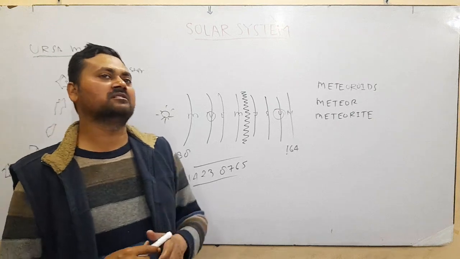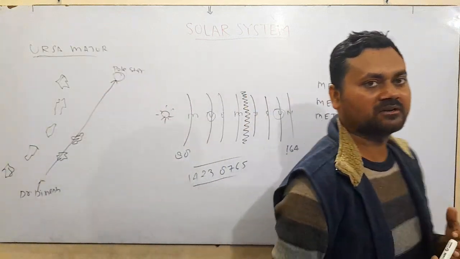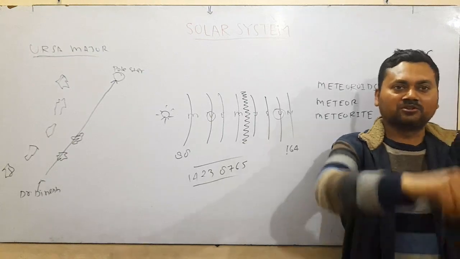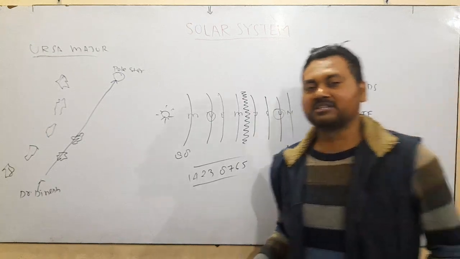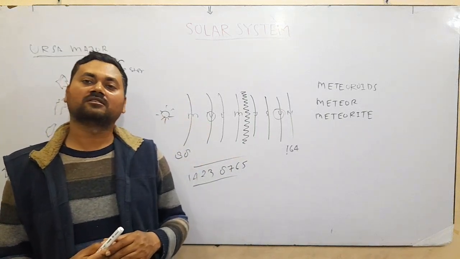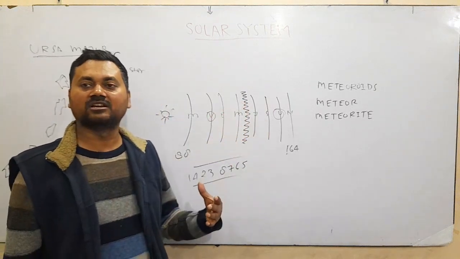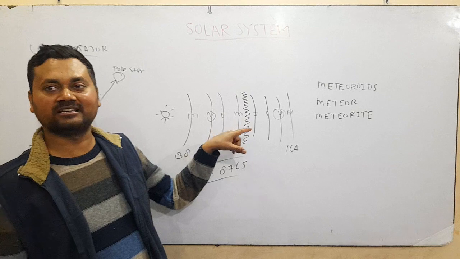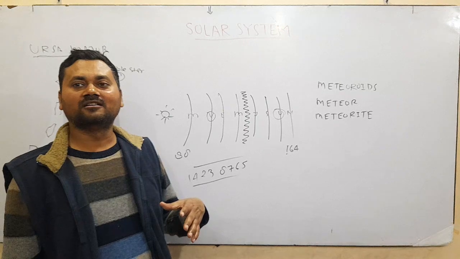But sometimes a situation comes when the meteoroids start coming towards the earth. And as we know, earth has its atmosphere, which I have discussed: the troposphere, stratosphere, mesosphere, thermosphere, exosphere. So this meteoroid which was present here, due to some circumstances, gets detached from this particular space and starts running towards the earth,